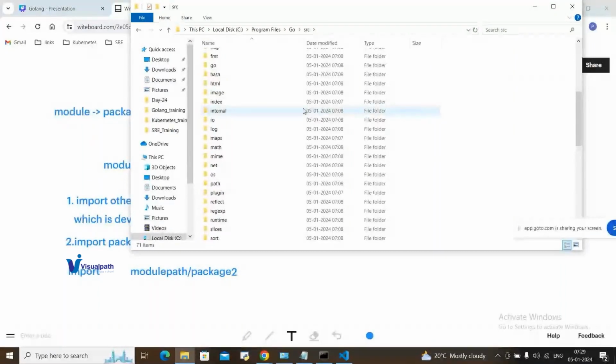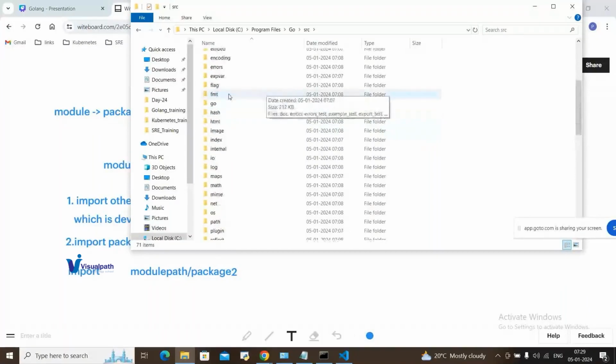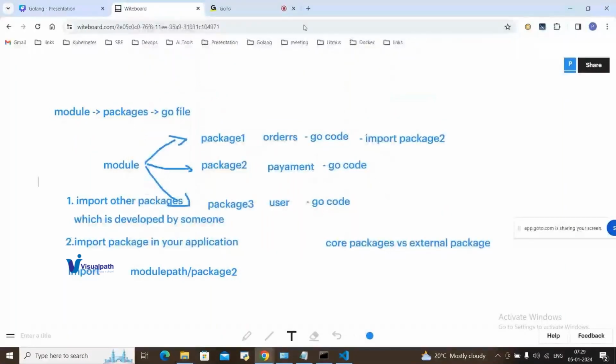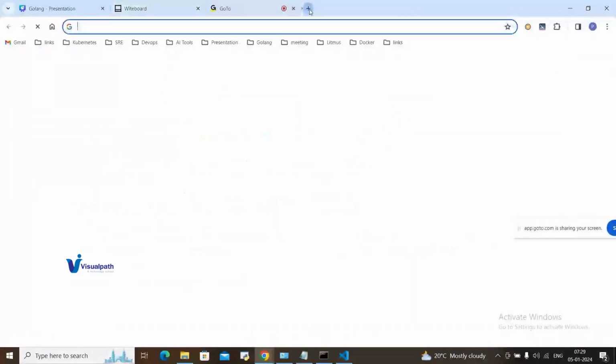So when you are using the FMT package, you can see here there is an FMT folder. This is the FMT folder which is already installed on your system. You don't need to explicitly specify that you want it from GitHub. So when you use that FMT package in your application, it will directly get that package from the local system instead of GitHub. But some of the packages which are not available by default in the Go installation, you have to provide. Let me show that. There is GIN, which is a web framework. I will be discussing this GIN framework as well, but let me